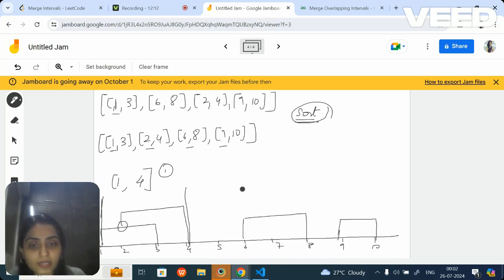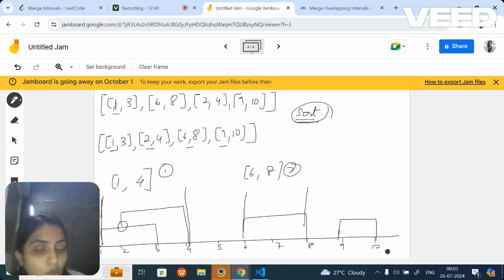Now let's take the second one, that is 6 comma 8. Is there anything in common between 1 comma 4 and 6 comma 8? No. There is a 5 in between, but they are not overlapping. So your next becomes 6 comma 8, your second non-overlapping interval. Then we go to 9 comma 10. Obviously this is also not overlapping.